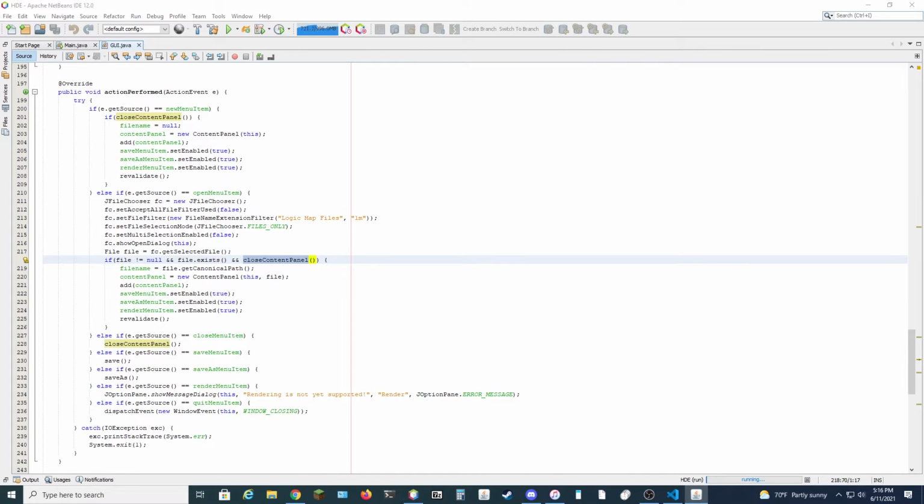So the way Java works is that it will evaluate these left to right, and then if any of these fail because they're all ands, then it will just cancel and it won't attempt to execute the rest. So if these two are true, then we'll see if the user wishes to close the current project they have